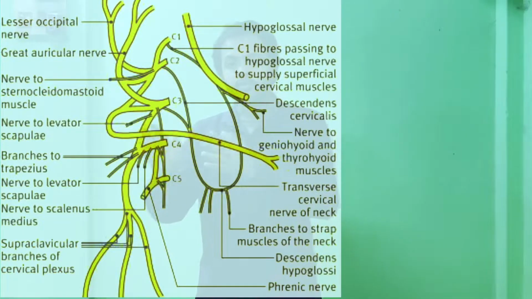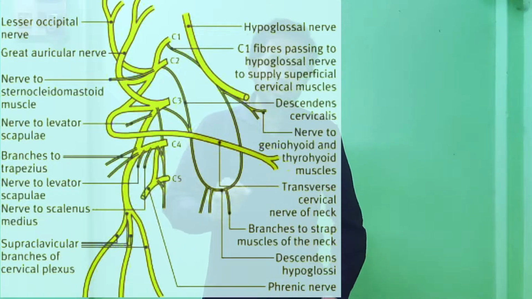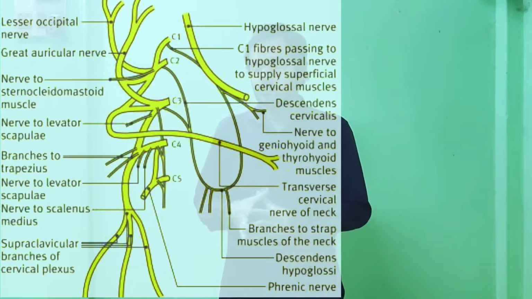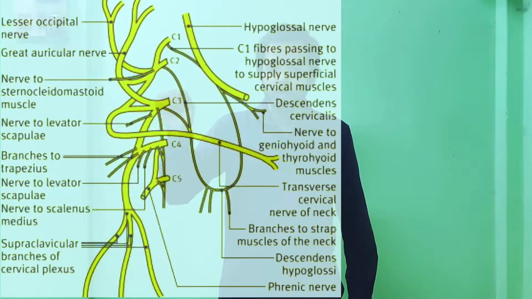Okay, after the division, the next part of the spinal nerve is known as the cord. As you can see, this is a cord of C1, C2, C3, C4. From these cords multiple branches arise. Suppose there are branches of C1, branches of C2, branches of C3, C4. Also, the branches can arise from the division, from the trunk, and also from the root. As you can see, from the root of the C1 spinal nerve, a branch arises